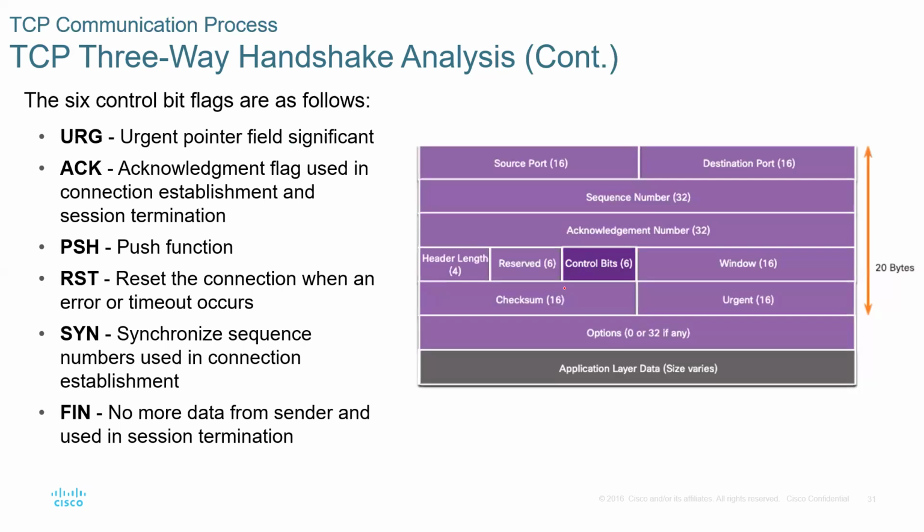Continuation of the analysis, we have control flags, which are used in exchange messages during either the establishment of the connection or the termination of the connection. If we go back a little bit, the header, I think this one is the TCP, not I think, I know this is the TCP header. How do you know? If memory serves me right, this one,